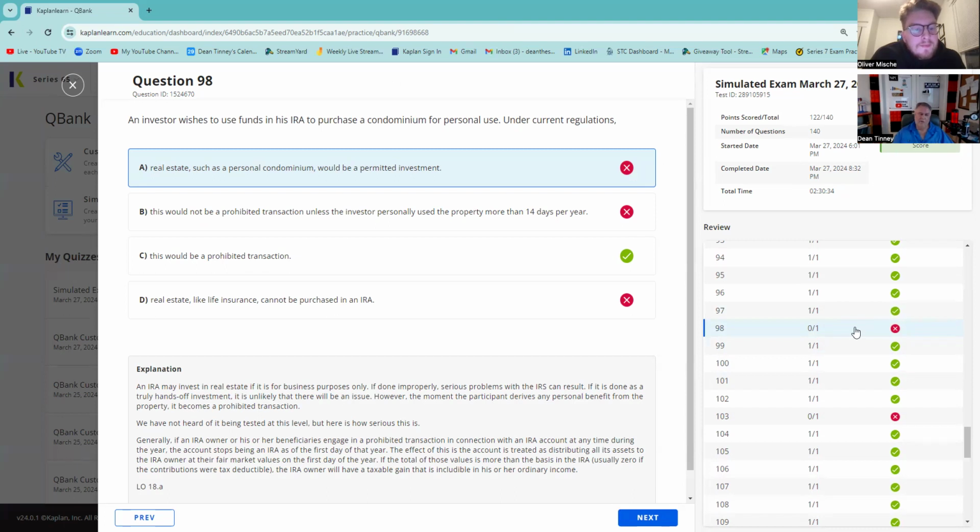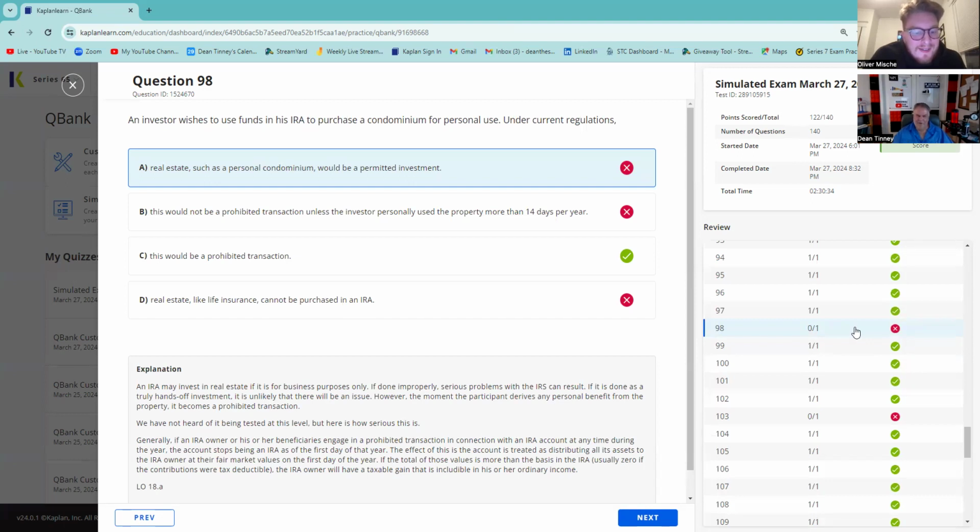Okay. But Oliver, this just frosts me. It's not just Kaplan, STC, past perfect, but it frosts me more here a little bit because I know Chuck, and he drives me nuts when he has in the rationale, "We have not heard of this being tested." But here's how serious it is. He's getting his own kind of prejudicial behavior into the question, right? So,